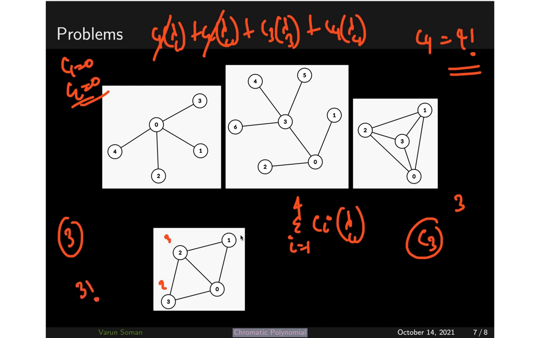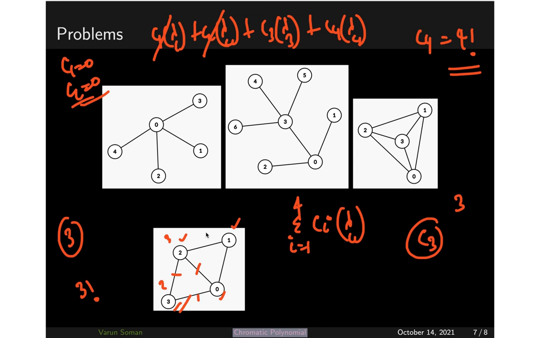Now we have to color this vertex also. Once this triangle is colored, how many options would this vertex have? Suppose this triangle is already colored now. This vertex cannot be given the color given to this 2 and the color given to this 0 also, because they are adjacent. So definitely once this triangle is colored, the color of 3 would apply to 1 also. No more options are available for 1. So it has to go by the color of 3 itself. Once this color is given, the color of 1 also gets fixed. There is only one option, that it should get the color of 3.